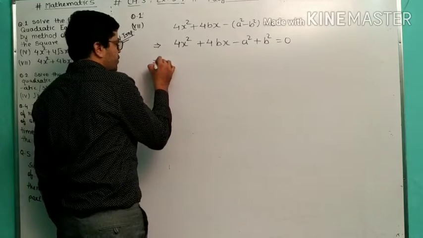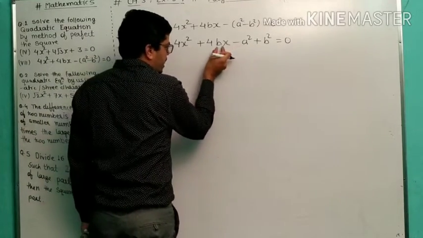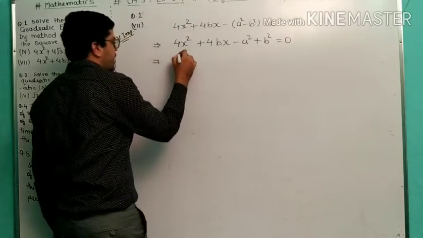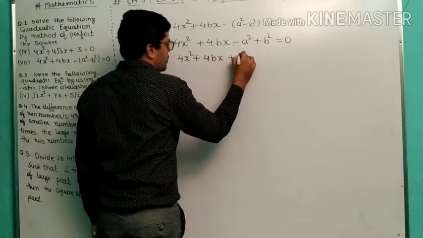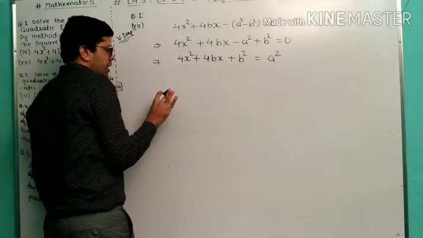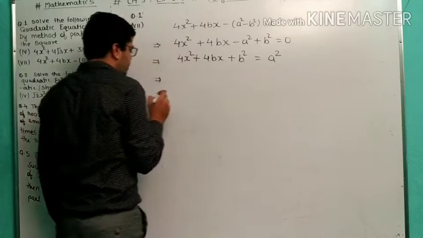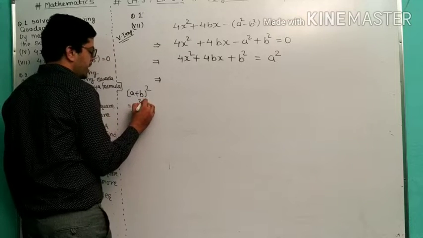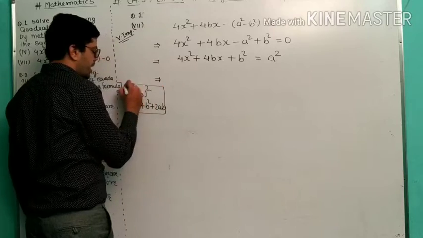Now we have to think about that. If it is (a minus b) square, it is 2ab, but here we want plus b square. So we just transfer b square here and a square to the right hand side. So 4x square plus 4bx plus b square is equal to a square. So that is the general solution. It's not that difficult. Now I know that all these three terms are positive, so I got the formula in my brain: (a + b) whole square means a square plus b square plus 2ab. That particular formula I have to apply.